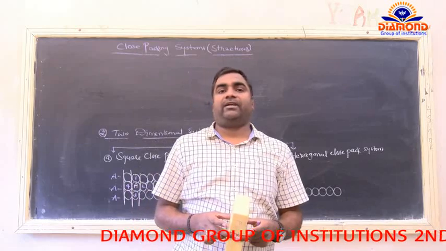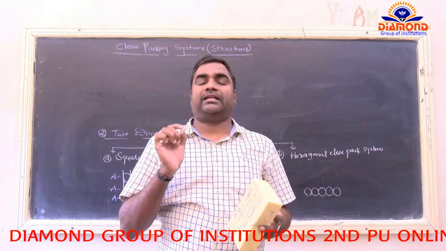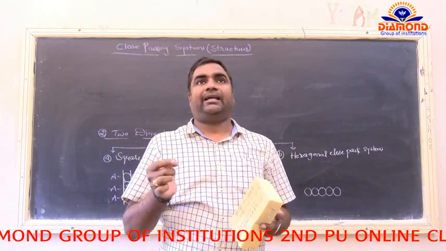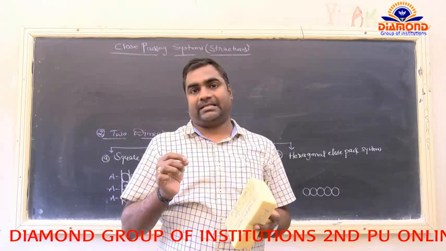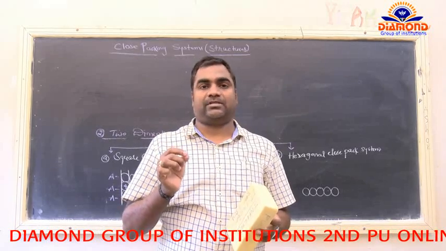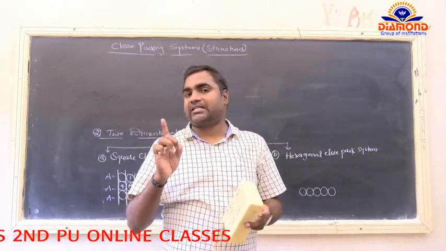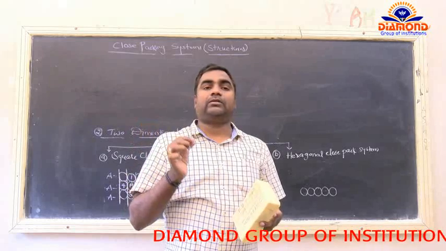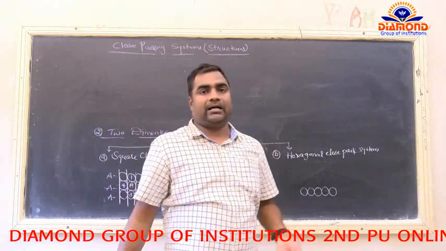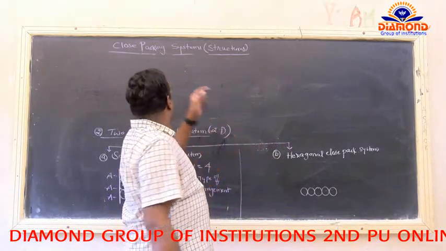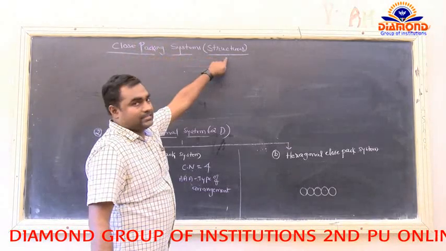In the last class, we discussed the types of primitive unit cells. These are of 7 types. Again, including that, the closed packing structures or closed packing systems. In that closed packing system, one dimensional structures is over. Again, in the two dimensional structures we have to discuss. So here the topic is closed packing systems or closed packing structures.